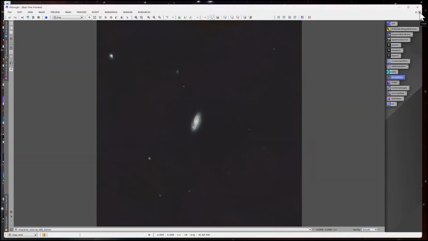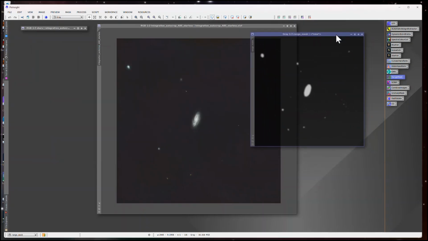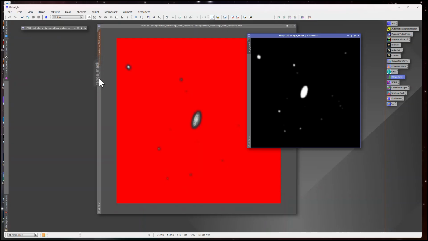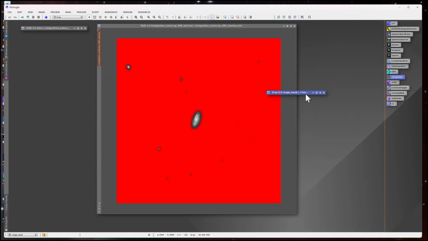So if I get rid of this, the way to apply this is basically grab that corner, move it across, and then underneath, drop it. And don't close this box because it'll actually get rid of your mask. So generally, what I do is I just shade the box and move it to the side. Now